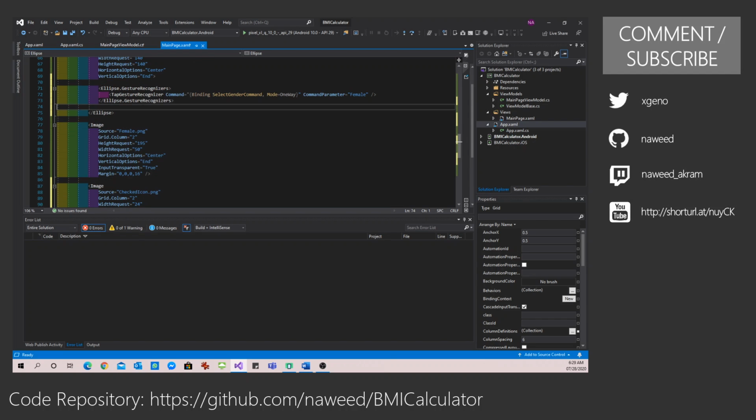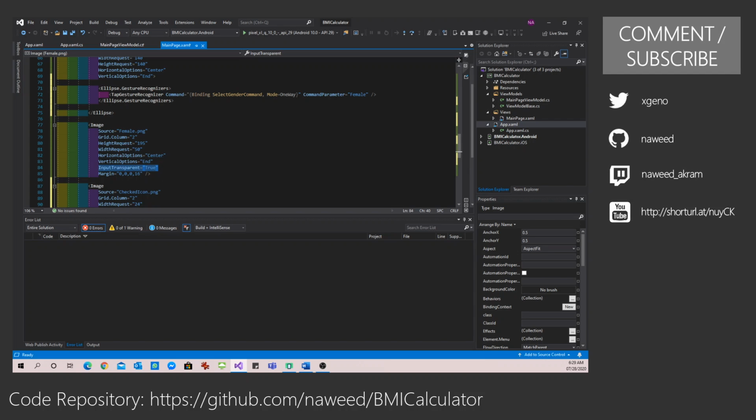Now one thing you might have noticed is that for my avatar image I have defined InputTransparent as true. The reason for that is this image is sitting on top of the ellipse. So you can click anywhere on the ellipse and it will execute this command, but on the portion where the image is sitting above the ellipse, if you click somewhere over there, it is not going to capture the event for the ellipse.